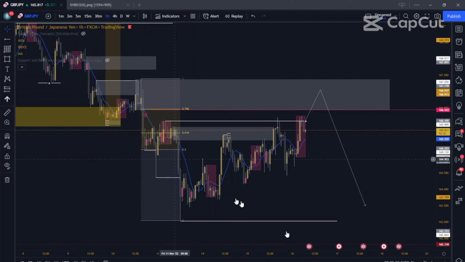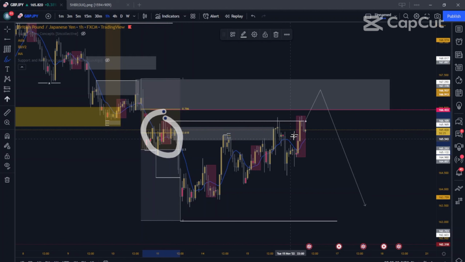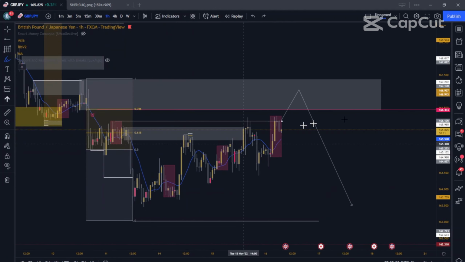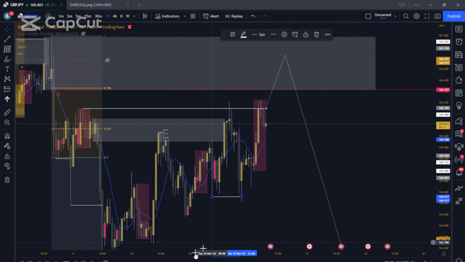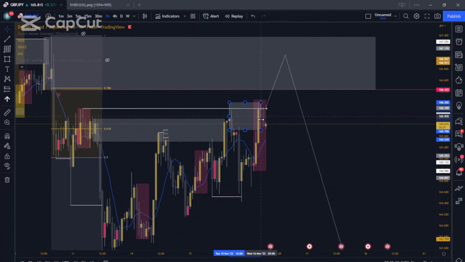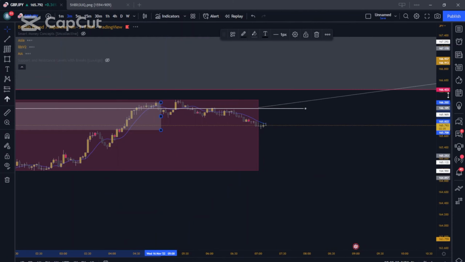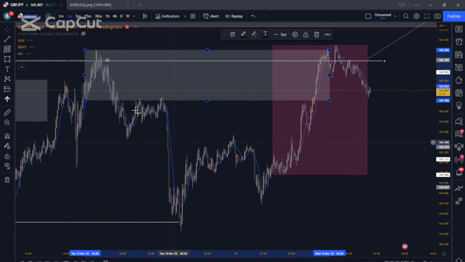This is also a swing structure sitting here. So we shouldn't actually ask price to break swing structure. This is internal structure down here. This internal structure was violated. This is a supply that violated it. I just want to see what's going on here. Let's go on the 3 minute. That's where it formed. Liquidity's been taken.